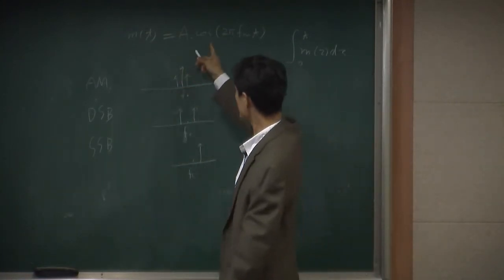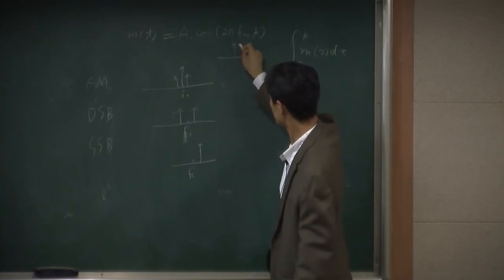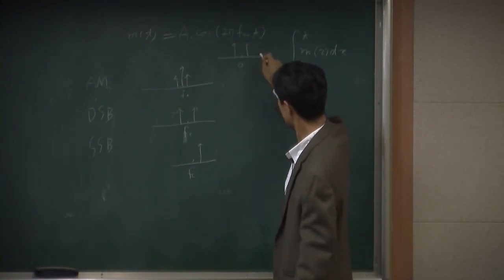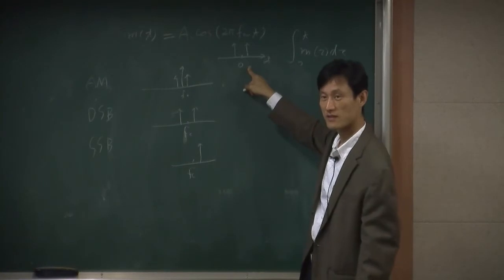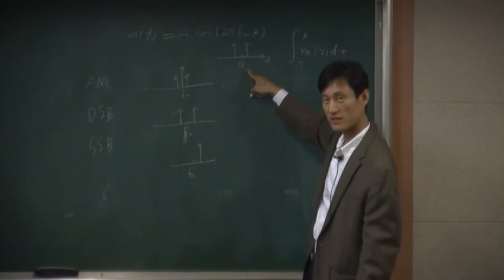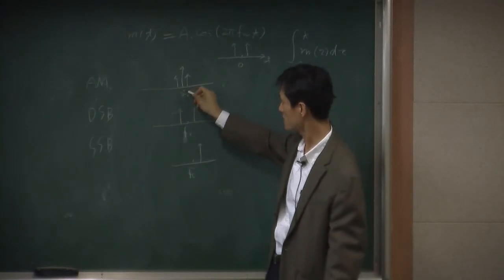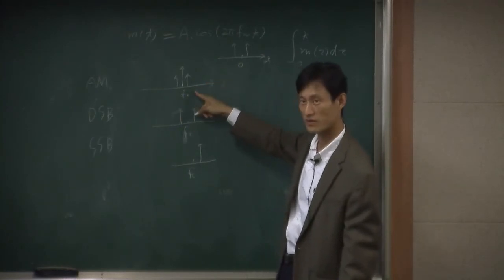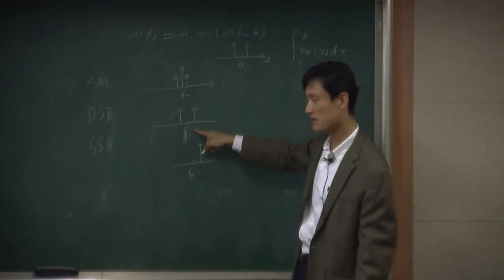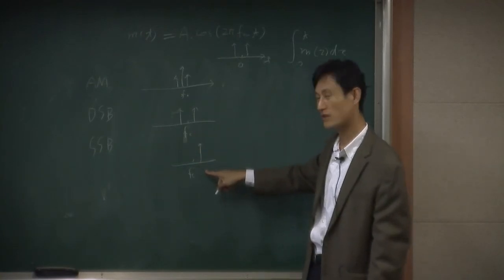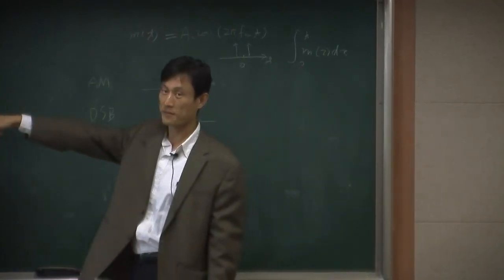Now, our original message looks like this. This is our original message, right? Now you do the DC added modulation, you're going to get this. Also for DSP and SSB, you're going to create this one. But when you do the FM,